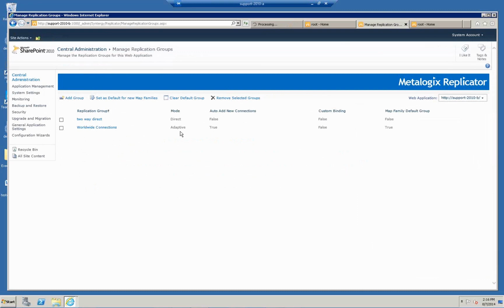In my environment, I have it set in adaptive. I just wanted to display the idea that there's 2 different modes to replication. So there's direct and there's adaptive. Direct mode, the one that we're talking about today, is basically a classic point-to-point communication. So whenever you're setting up Replicator, whether you have 5 farms to talk to or just one other farm, this farm will talk to that farm and that farm only. So it's a discrete pipe that those 2 connections are the only 2 farms that know about each